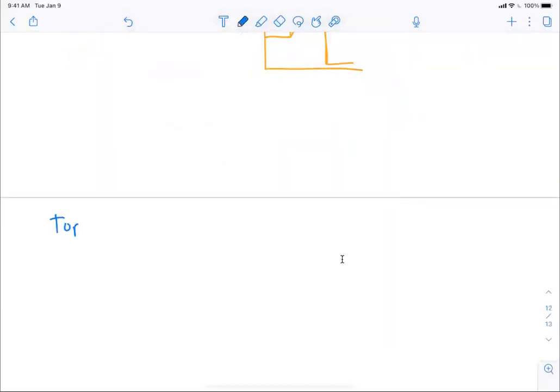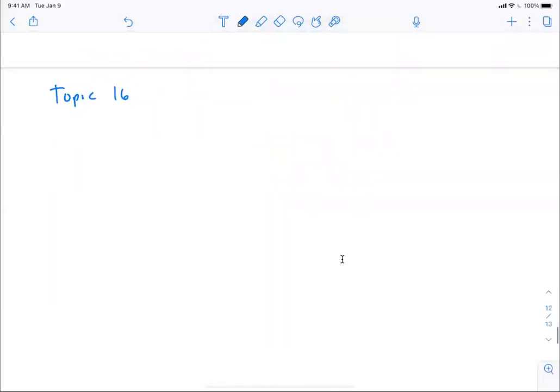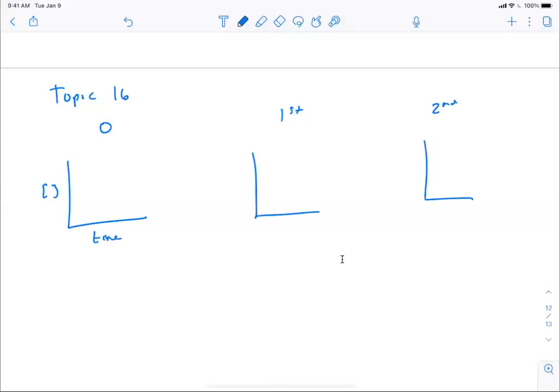Higher level. Okay. With this, I think the only thing you're really going to want to memorize is understanding the graphs of concentration versus time and rate versus concentration. And so that's where you have the 0 order, first order, and second order reactions, where when you measure concentration versus time for each of these,